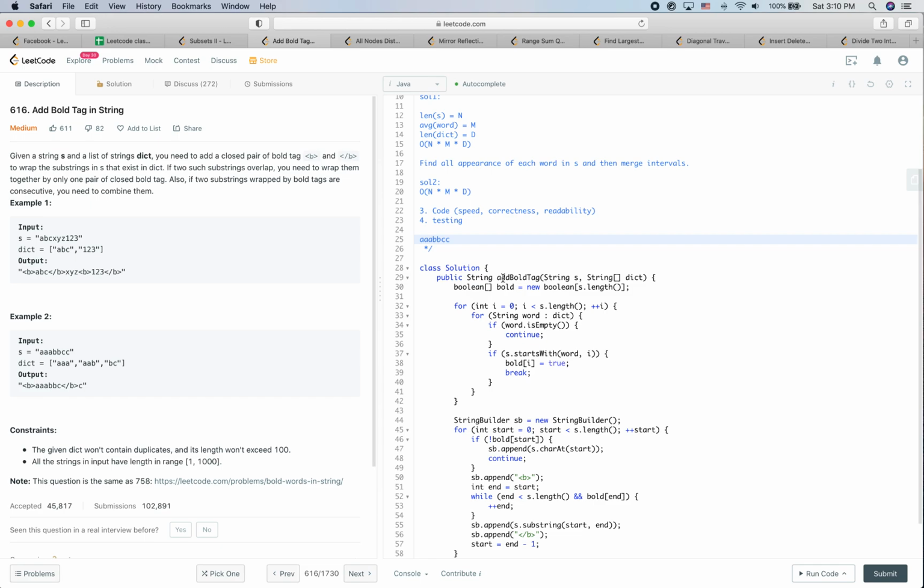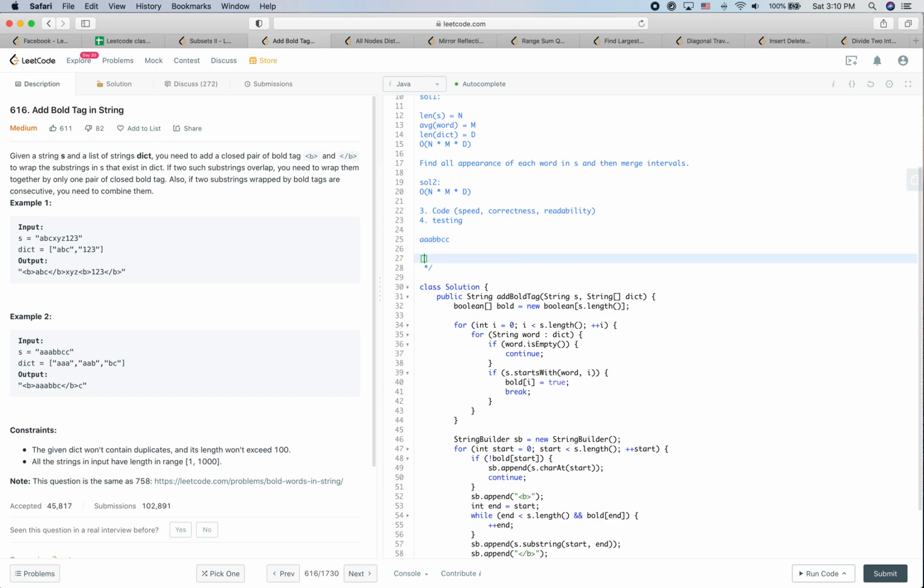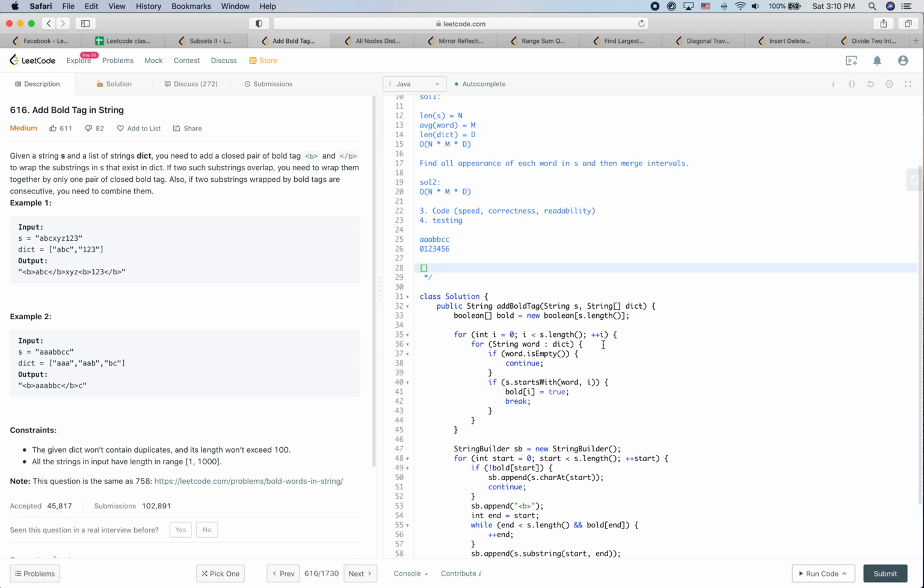So first step, we have the bold array. Let's say 0 0 1 1 2 3 4 5 6. So we are going to have a bold array with length 7, and from each start we try to see if the string starts at the corresponding index start with any of the words from the dictionary. So for this one, the first is going to be true, and the second one is going to be, so if this one is true,